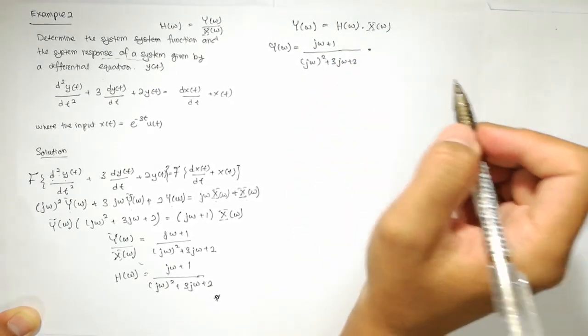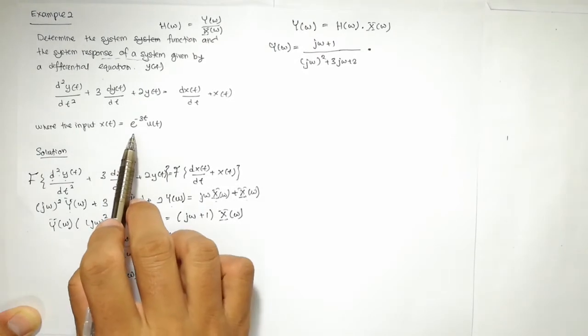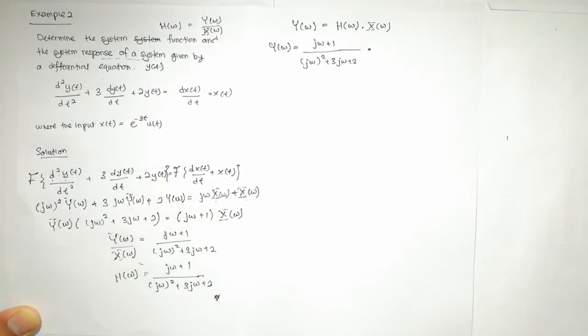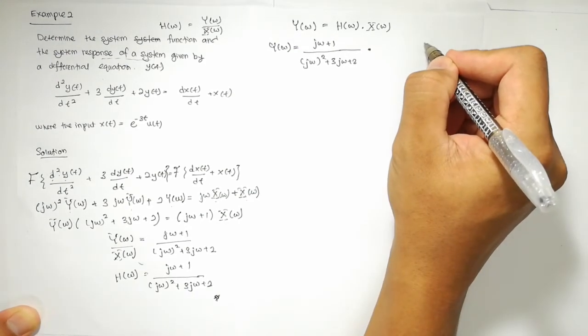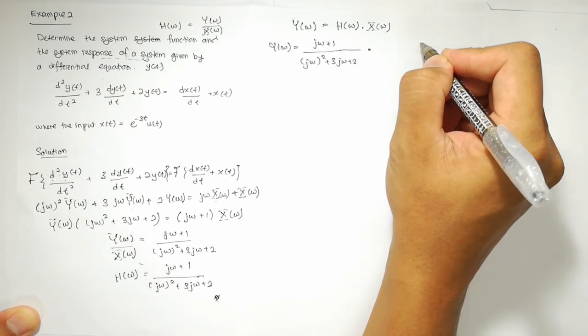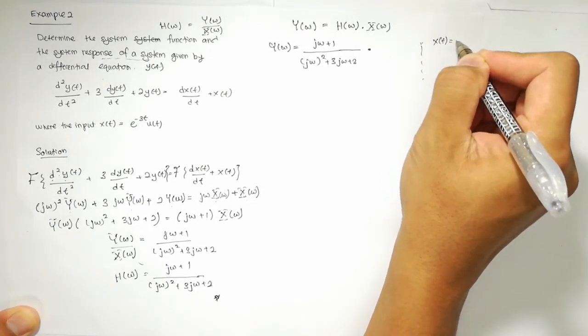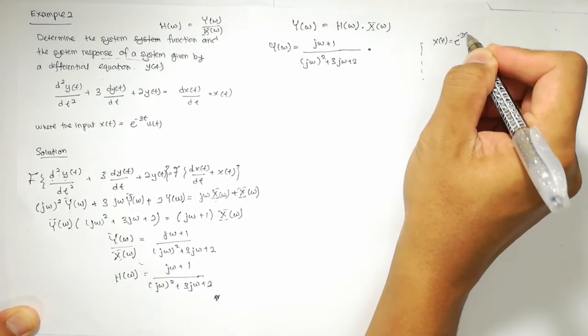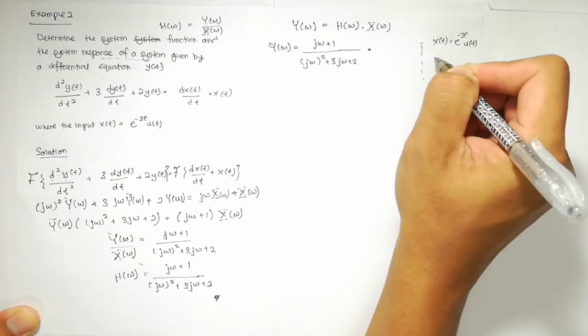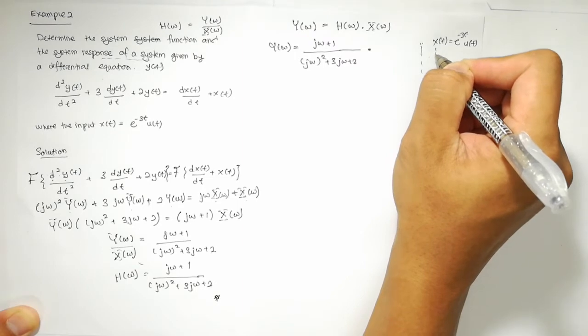And then for X(ω) we need to find the Fourier transform for this one. So we need to use our Fourier transform pair table. For our x(t) = e^(-3t)u(t), which is given in the equation, to find our X(ω)